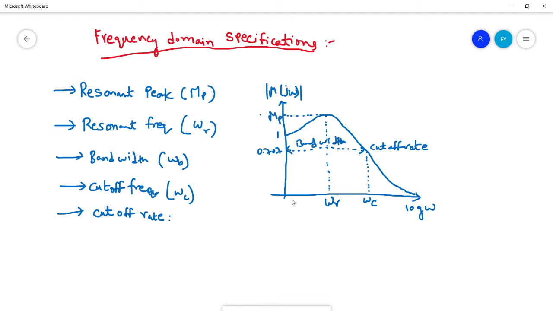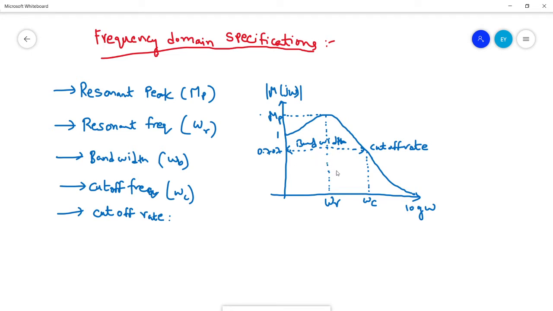The x-axis is the frequency omega, the y-axis is the magnitude. So at the magnitude of 0.707, the bandwidth occurs with respect to the frequency. So the bandwidth is the frequency at which the magnitude M of j omega drops. This is the point where the magnitude plot is coming down from 0.707, right?